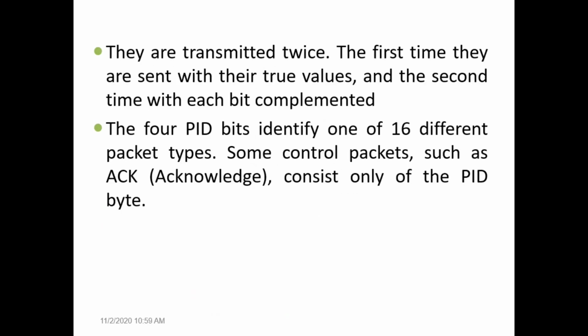So here you can see this statement, first paragraph. That means when the packet ID of any packet is 4-bit, we transfer it twice. We use it twice and make it 8-bit. I'll explain it once again. What is a packet ID? The packet ID informs what type of packet it is, whether it is a data packet, an acknowledgement packet, or a packet about assigning a new address. So every packet has a PID.